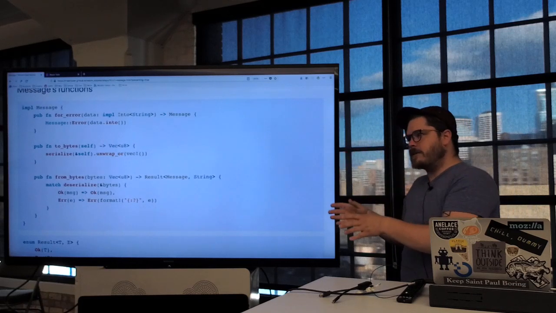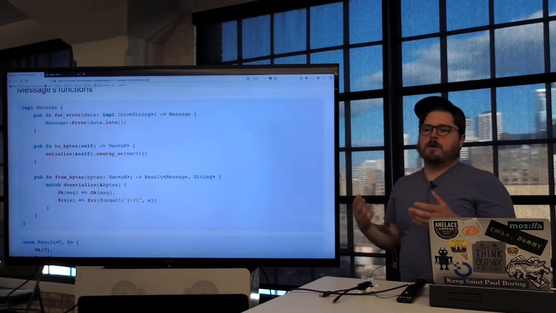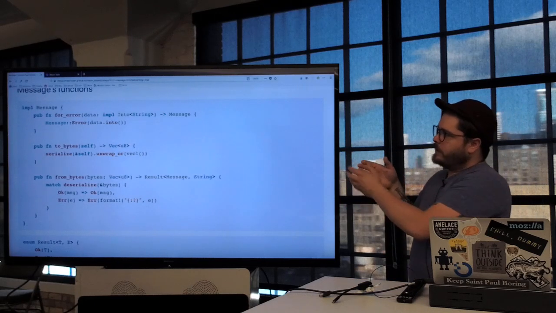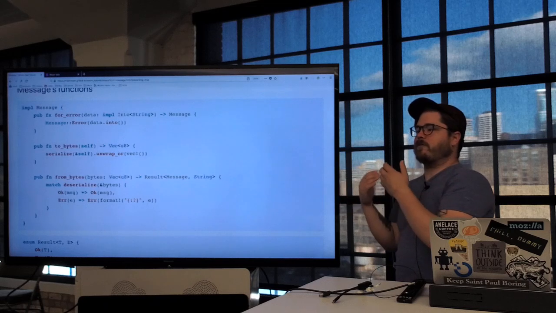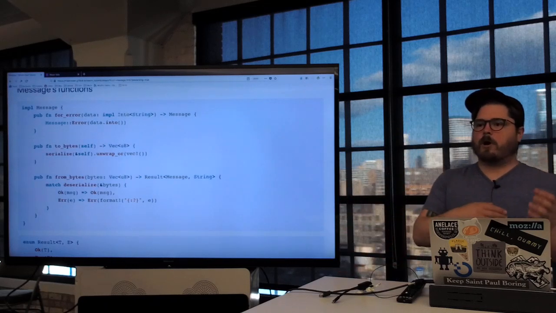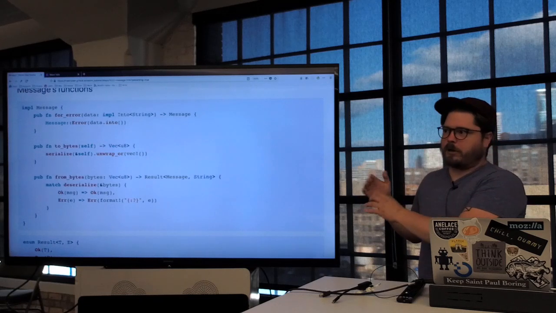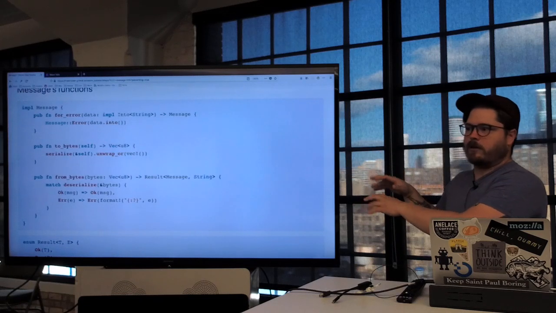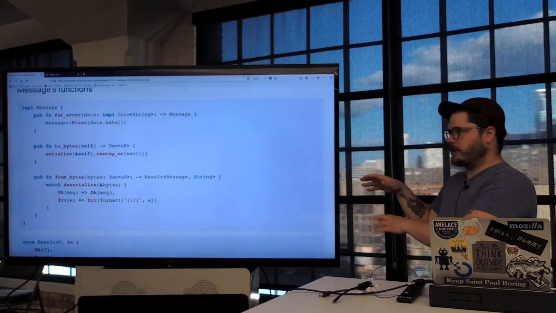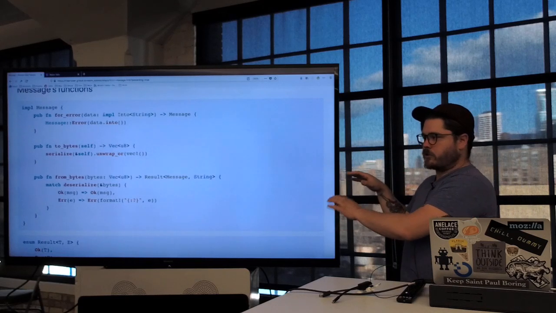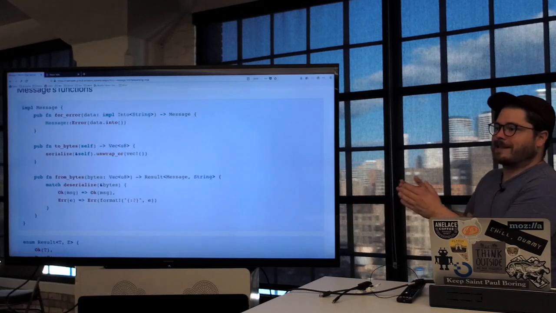And then technically serialization can fail, right? So we use this convenience method of unwrap. In this case, we're going to say unwrap_or, so if it fails, we're just going to throw an empty vector back. The likelihood that this is ever going to happen is so slim that I feel OK doing this in a contrived example. If we move down to from_bytes, this is another convenience constructor that takes in bytes